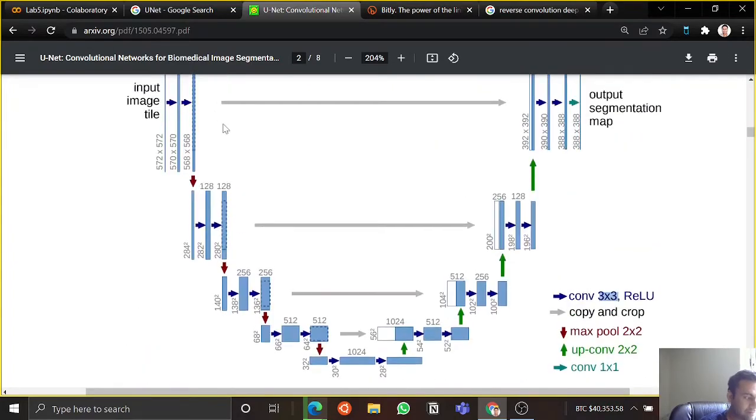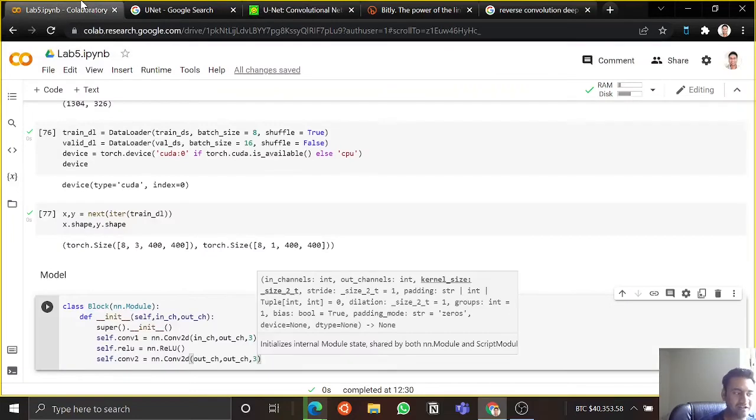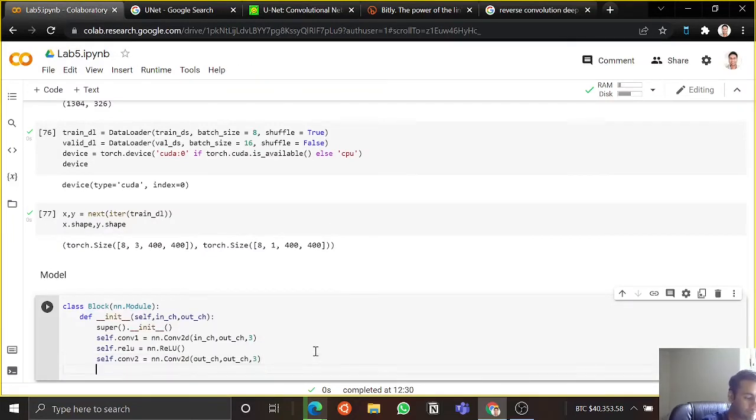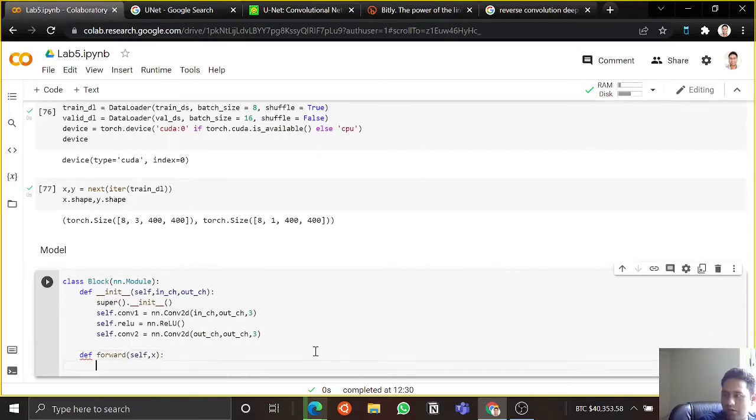This is given in the paper because you see 572 is converted to 570, so there has to be 0 stride and 0 whatever. That's my initialization as such, and then I'm gonna do a def forward, right? It's gonna be self, x, and that is gonna be simply return